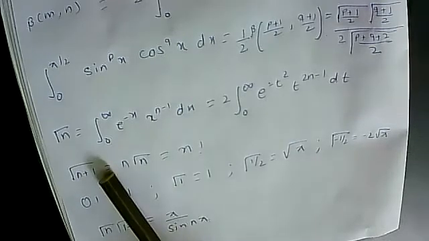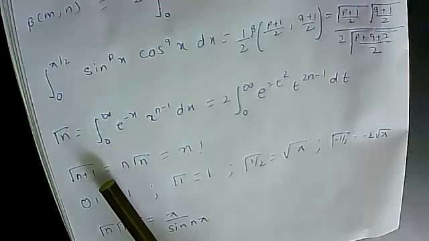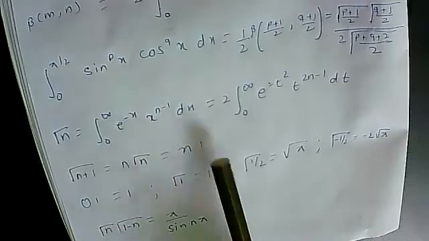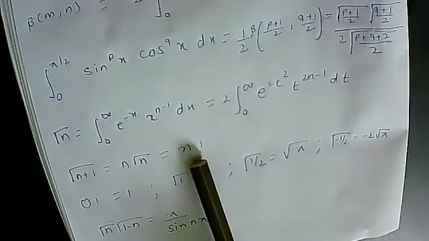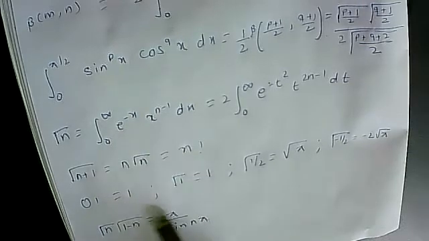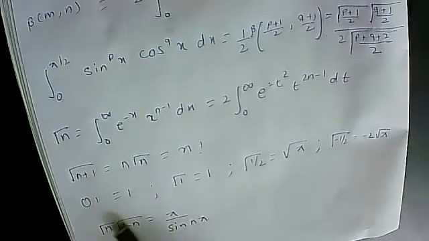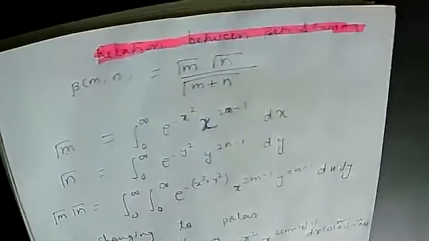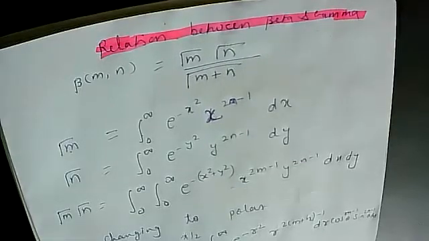In this gamma(n plus 1) expression, gamma is used when I have a fractional number, factorial when I have a positive integer. Sometimes I need to use this relation to get the product of two gamma functions. Right? Now this gamma function and beta function are connected to each other by a formula. The formula is beta(m, n) is equal to gamma(m) gamma(n) upon gamma(m plus n).